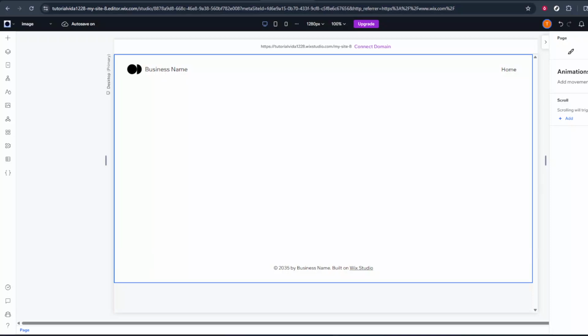In today's video, I'm going to teach you how to add hover effects to images in Wix. Hover effects are those subtle animations or visual changes that happen when someone moves their mouse over an image. They're a simple way to make your site feel more interactive and professional, and Wix makes it pretty straightforward to